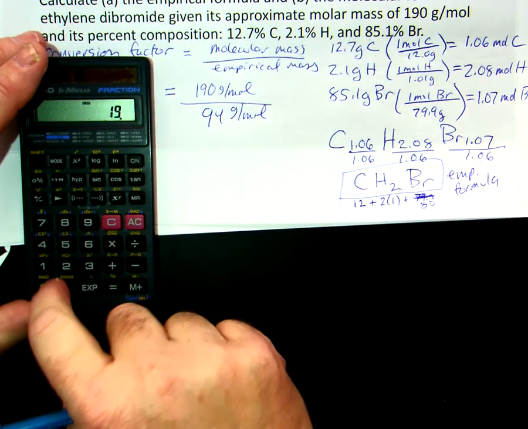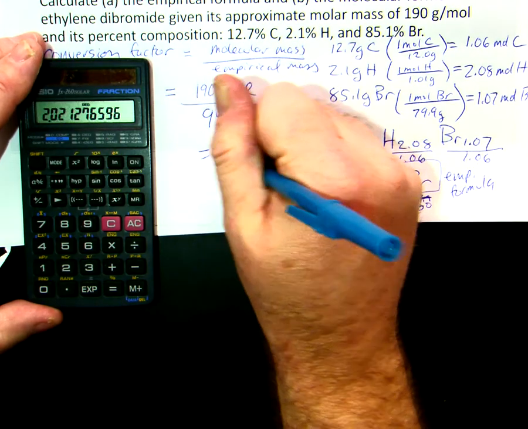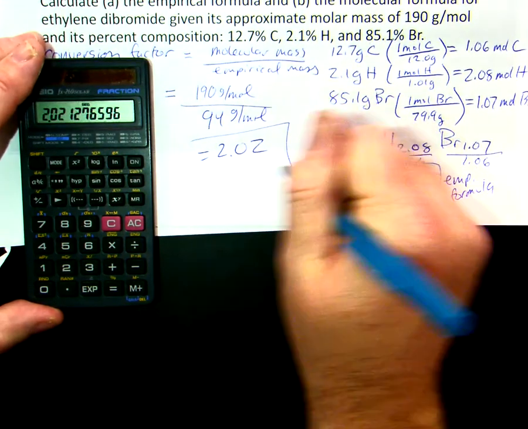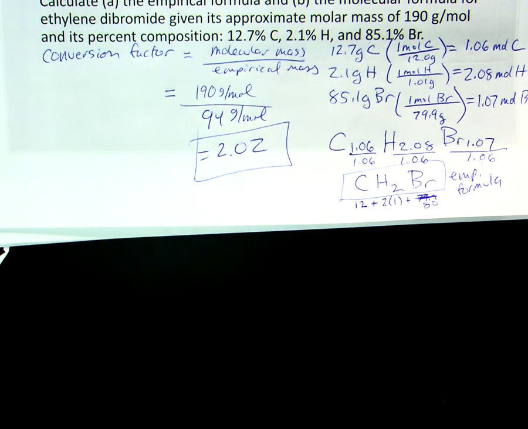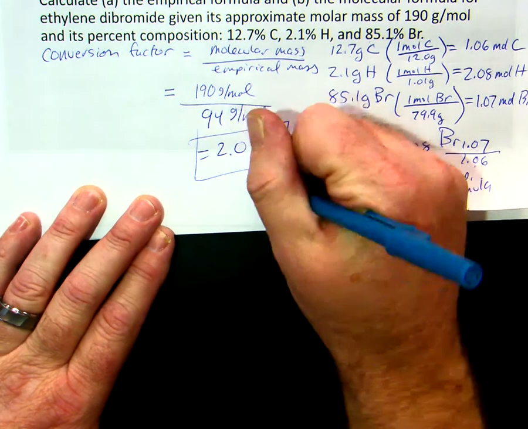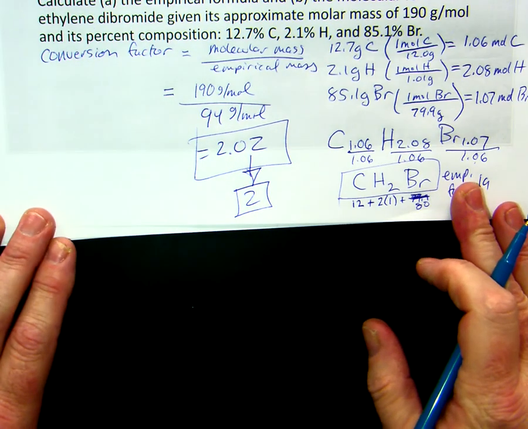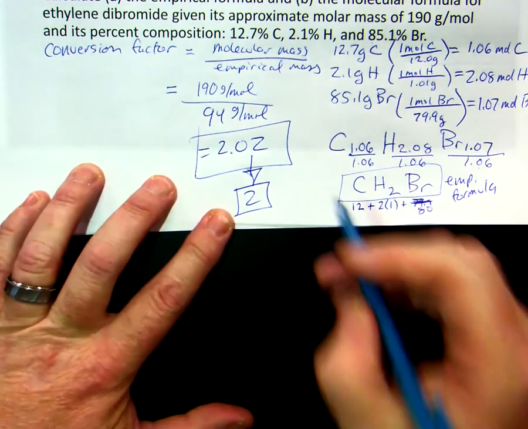So when I do 190 divided by 94, I get 2.02. And that's our conversion factor. But remember, we can only have whole number ratios, so you probably are okay with me rounding that to just 2. So now I have to multiply